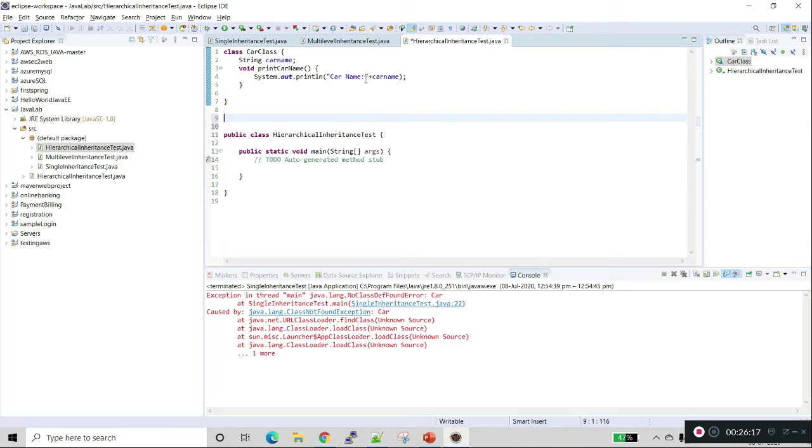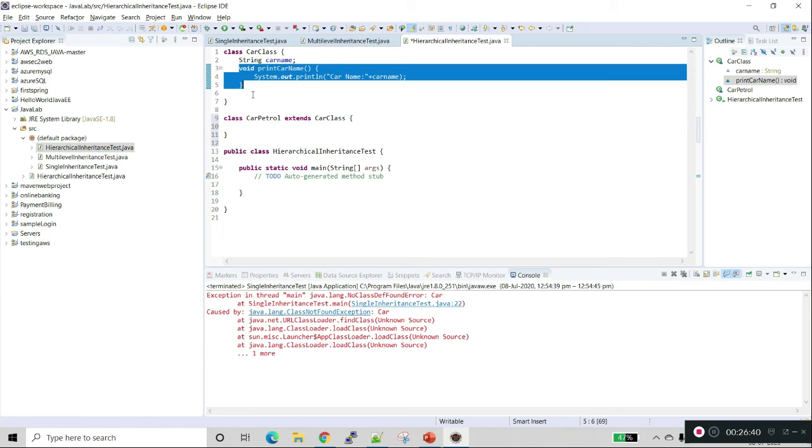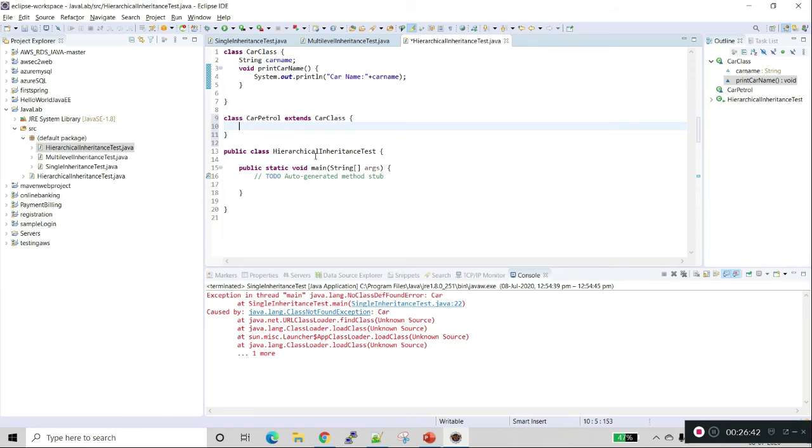The next class is class car petrol, which extends the car class. String fuel type.